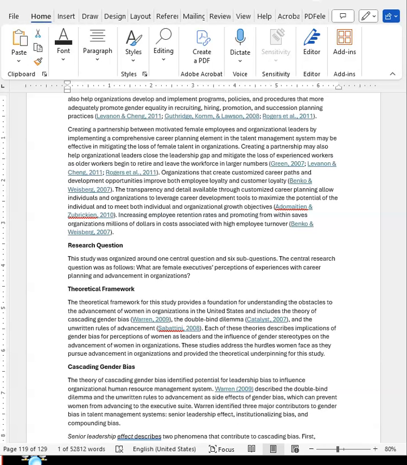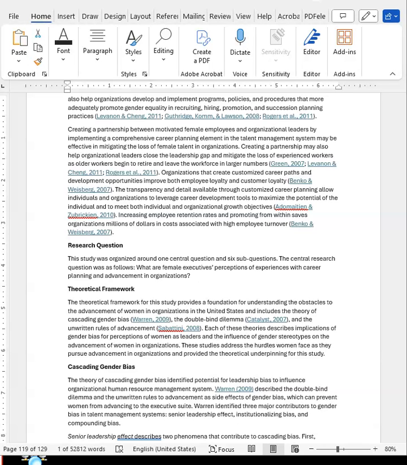Each of these theories describes implications of gender bias for perceptions of women as leaders and the influence of gender stereotypes on the advancement of women in organizations. These studies address the hurdles women face as they pursue advancement in organizations and provided the theoretical underpinning for this